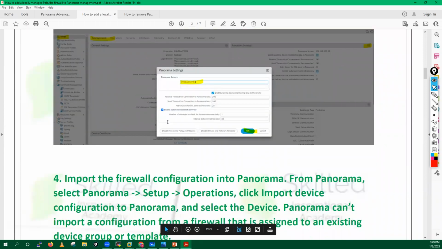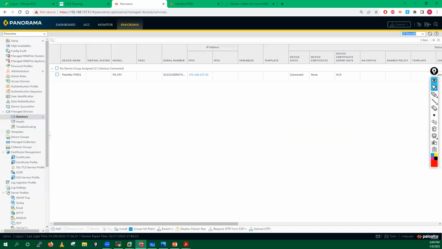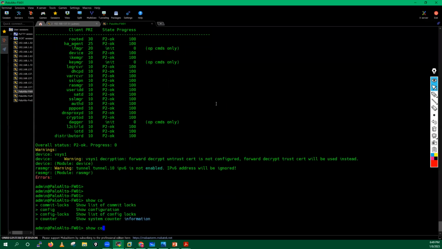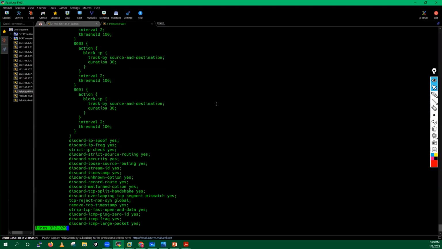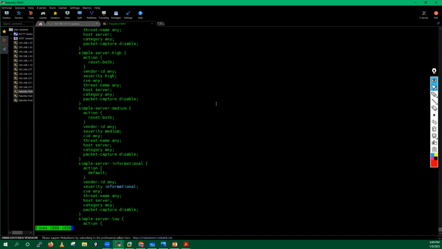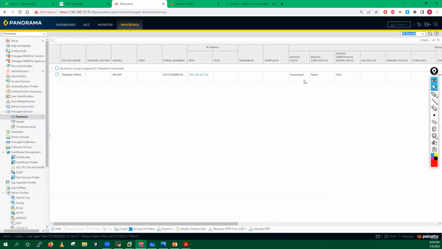Now what we have to do, now we have to import the configuration from the firewall into Panorama, right? Whatever configuration you will see, if I show you from the CLI, you will see all this is the running configuration in XML format, right? Now what we will do, we will fetch all this particular configuration into Panorama. We will import it directly. After this connection, now if you go into the setup tab here,